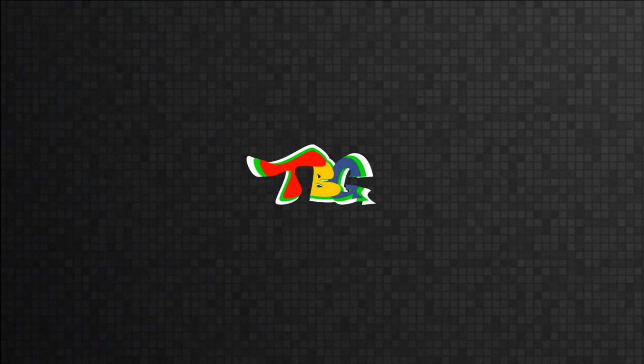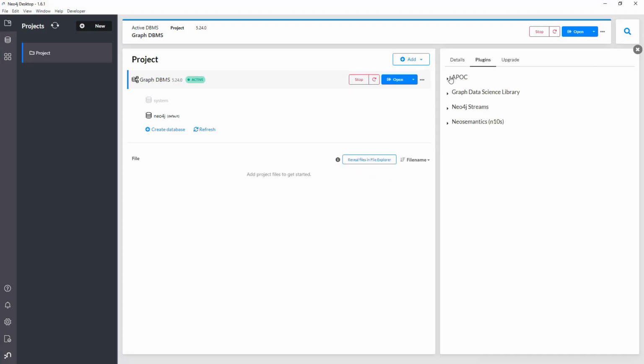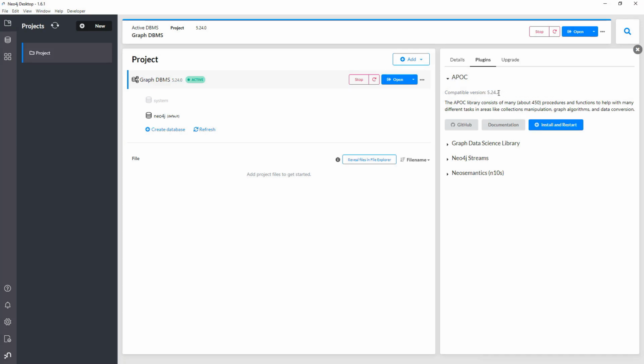Alright, let's combine the concepts and tools we have discussed so far by building a GraphQL API that uses Neo4j as the data layer. First, make sure a Neo4j instance is running. Then you will need to install the APOC Standard Library plugin if it's not already installed.